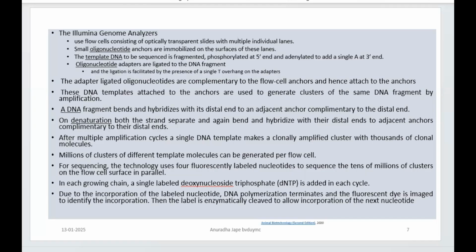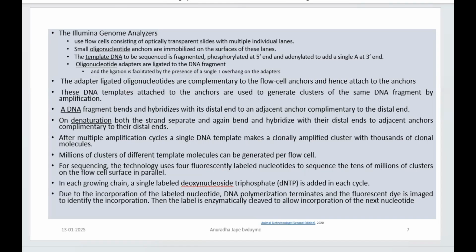right? You start imagining what I'm talking about, and in the next slide we can see the schematic diagram for the entire methodology, how it works. You will be able to compare, provided you are jotting down the points and trying to make a picture along. So please jot down the points and try to connect them, right? So you have a flow cell. A flow cell is nothing but a transparent slide, and on the slide you have lanes marked. So you have drawn by now the shape of a slide, and lanes on it, right?